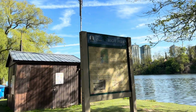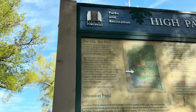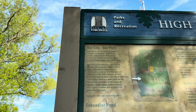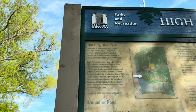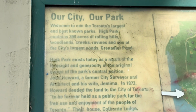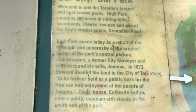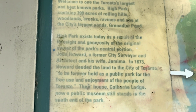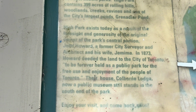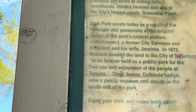So here's a sign of High Park. Our city, our park. Welcome to one of Toronto's largest and best known parks. High Park contains 399 acres of rolling hills, woodlands, creeks, ravines, and one of the city's largest ponds, Grenadier Pond. High Park exists today as a result of the foresight and generosity of the original owner of the park's central portion,